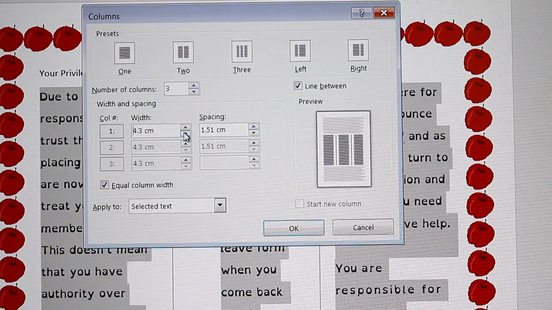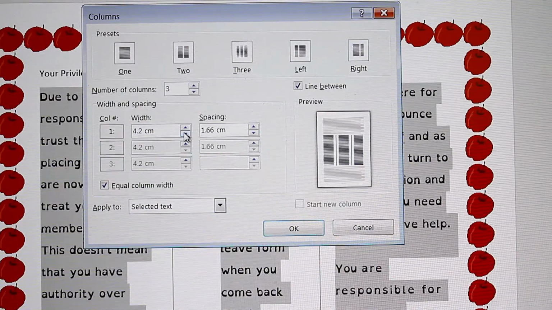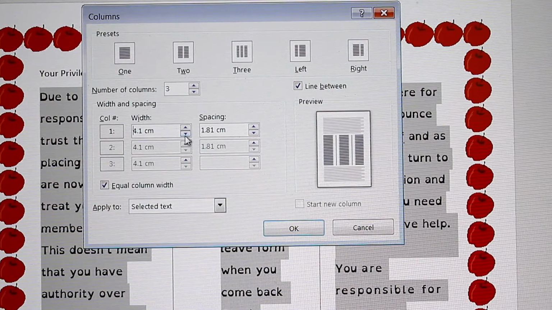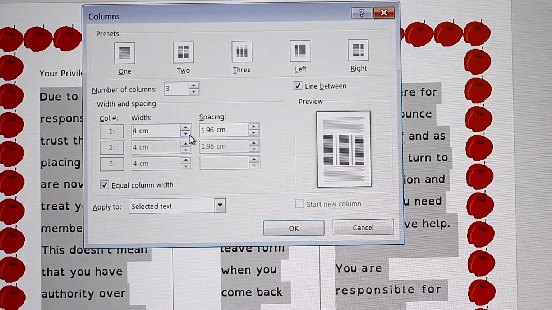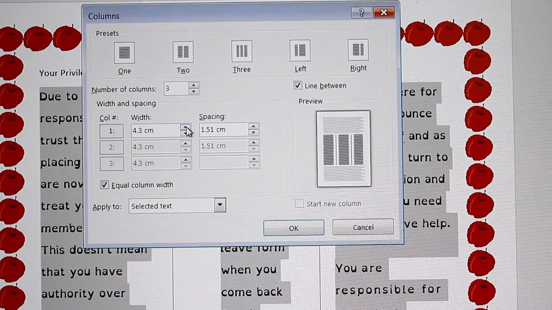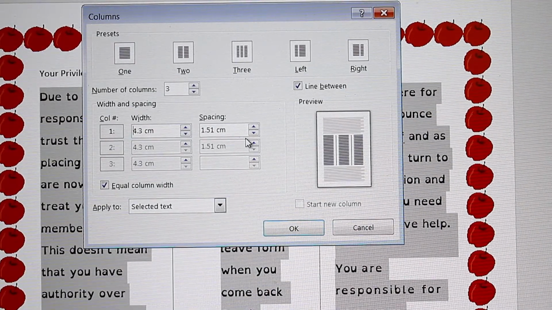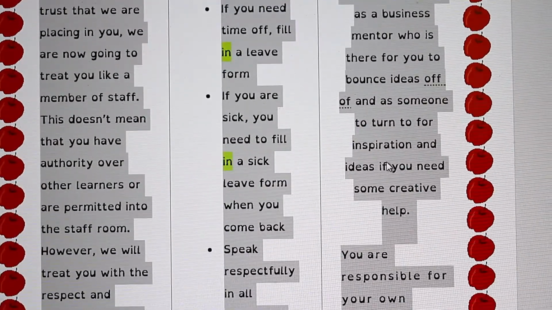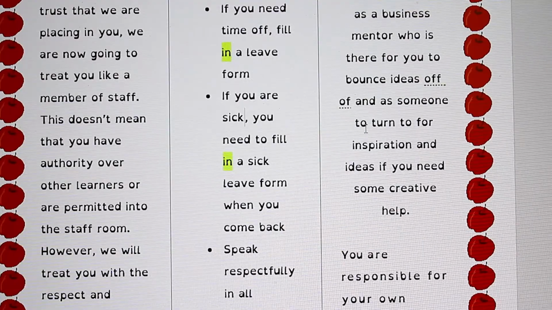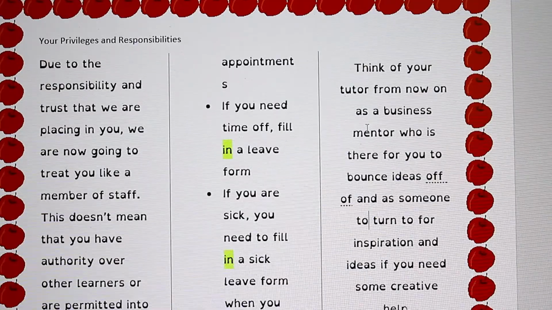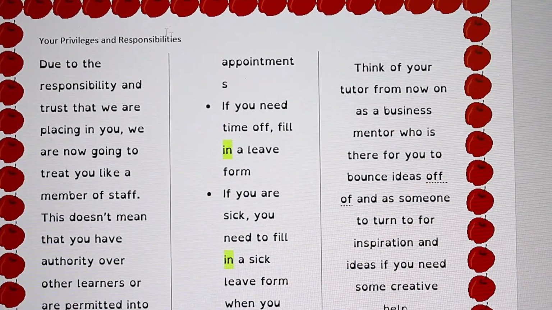You see, when I decrease the width of the text, the spacing in between the columns is going to increase. And that's because there's only so much space in the document, and the two are interrelated. So that's how you change the width and the spacing of the columns in your document. So you can see that change there. It's not the best looking, but it shows you how you can not only put a line between your columns